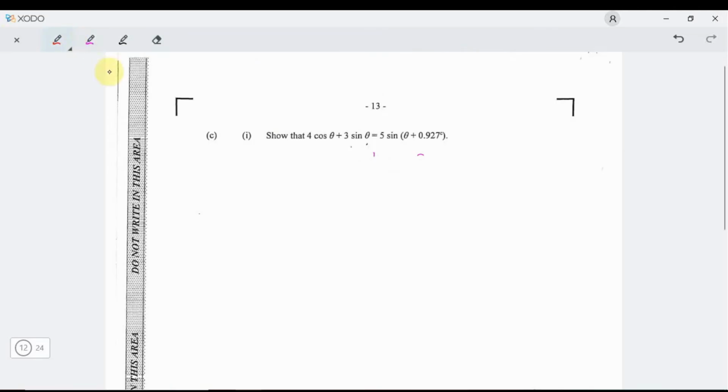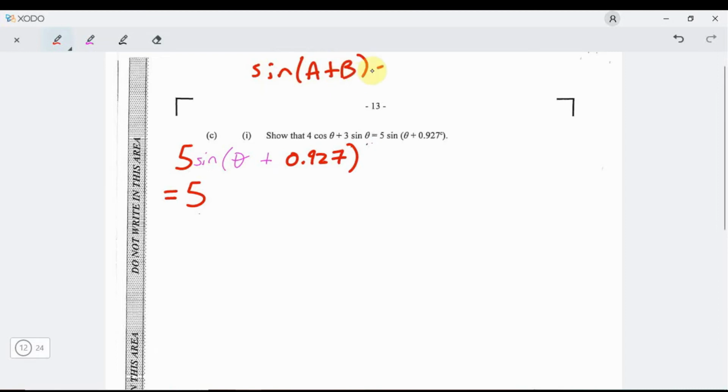So first thing is, we're going to tell them, so this is how we're doing it now. It's actually a proof now. Look what we're telling them, guys, follow. We're telling them that R sine in bracket theta plus, it's actually from the right side, but it's fine. The 5 sine in bracket theta plus 0.927 radians is equal to, expand using compound angle. So using compound angle, this is 5 times. Remember, sine A plus B is equal to sine A cos B plus cos A sine B. So in that case, it's equal to 5 sine theta